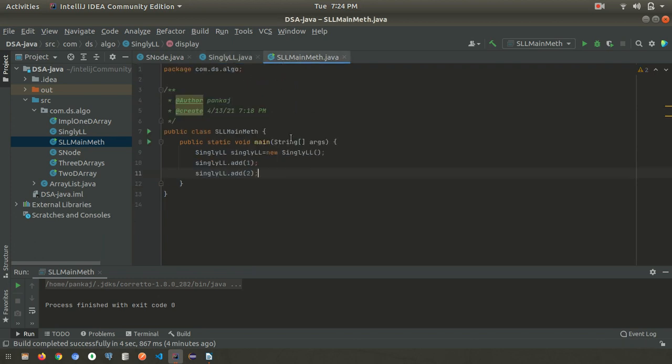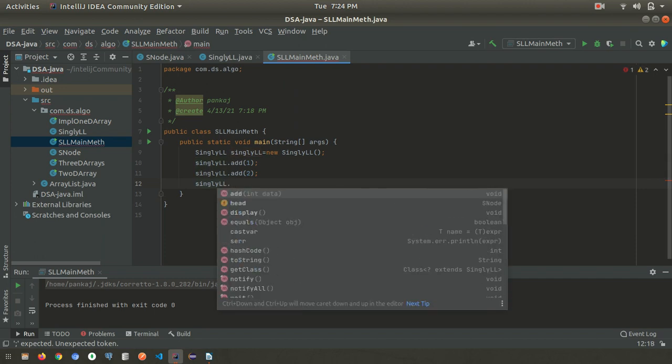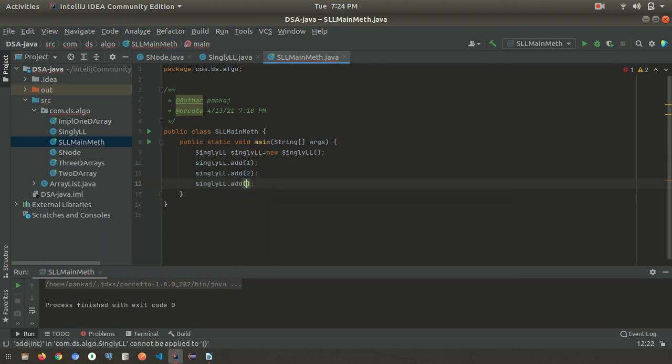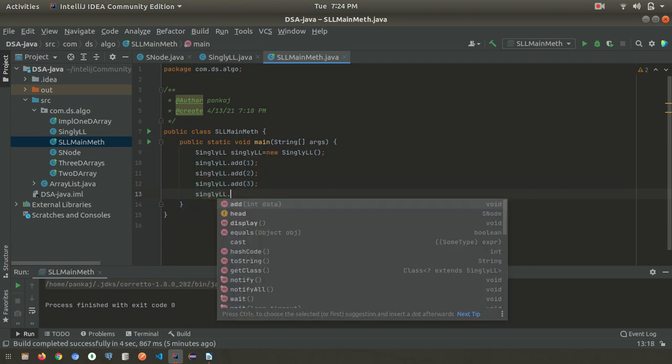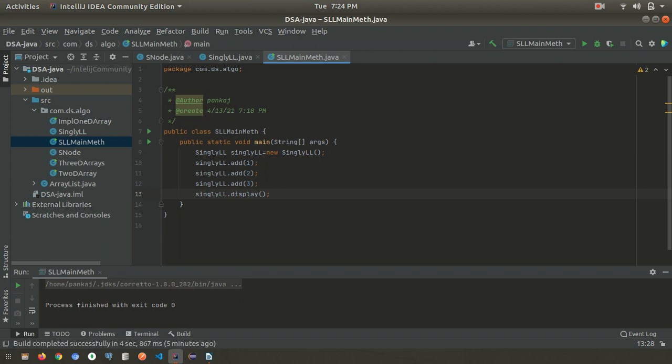So we can call, again we'll write singlyLinkedList.add of 3, and we can print. How can we print? We can call this method. So singlyLinkedList.display, and we can check, we can run.